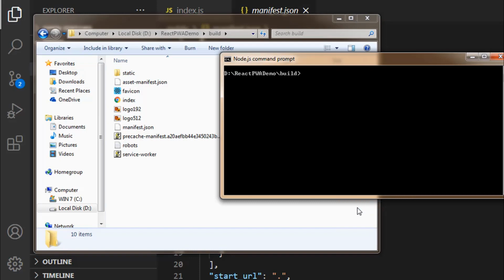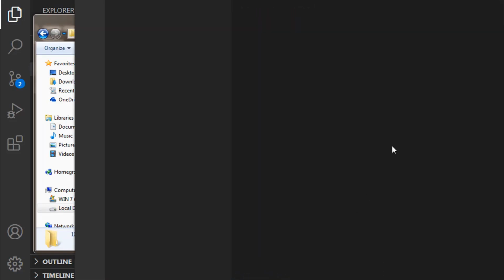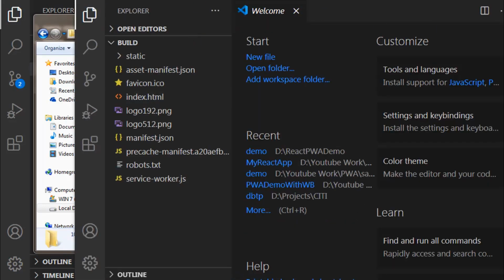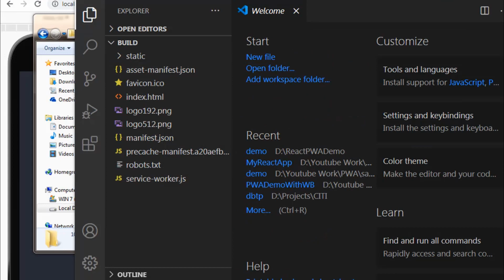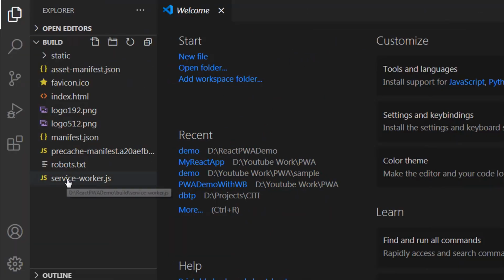Clear the screen, and hit code. This will open the build folder inside VS Code. Close the previous VS Code project instance to avoid confusion so as to focus on this build folder. Now, here you will see